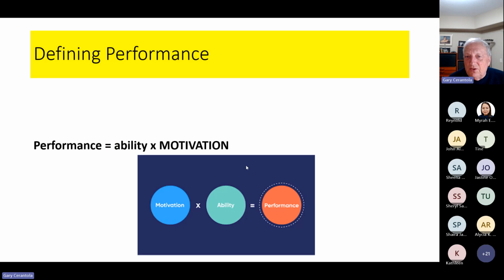Okay, so here's a piece that I wanted to cover, it's right in the overall slide deck in topic 7. And the formula is performance is equal to ability times motivation. And I keep on coming back to this statement. Have you ever heard this statement? You've heard this before.